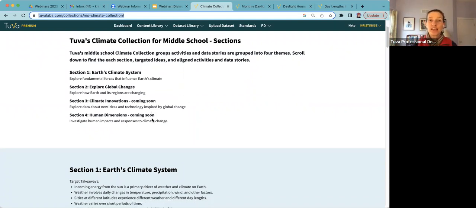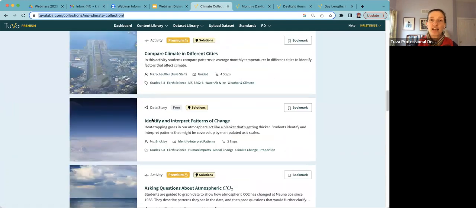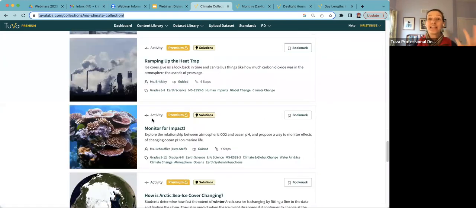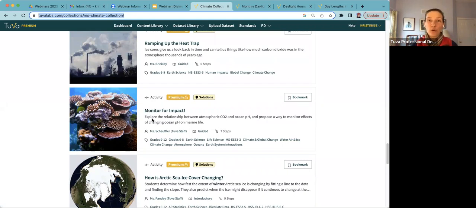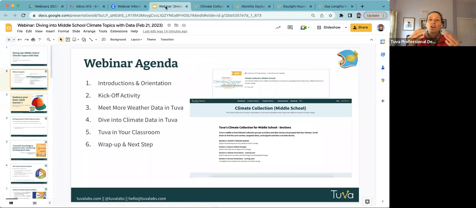So we're going to be diving in and exploring some of these different activities and data stories. As you can see, as I go through, there is a lot here. So we certainly cannot explore all of them in the next hour, but this is grounding what we want to focus on: bringing this big topic of climate and understanding what a climate is and how climate works, how it is similar but different from weather, and how we can really get our students diving in and chewing on some of those topics using this amazing plethora of real world data that we have at our disposal for